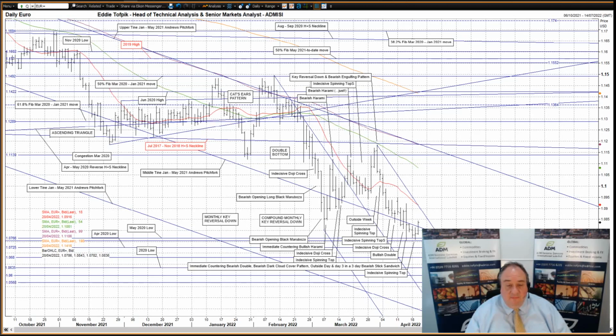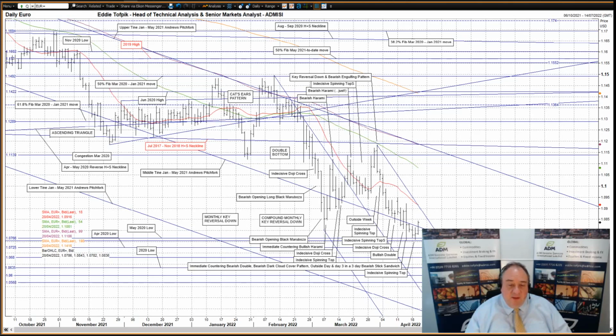108.18. Now the key recent action was a combination last Thursday of 1, an immediate countering bearish double, 2, a bearish dark cloud cover pattern, and 3, an outside day, and finally 4, day 3 in a 3-day bearish stick sandwich pattern. Additionally, we also have a mid-February to end of March bearish Andrews pitchfork, which offers a steeper bearish angle of attack. In this one, we are currently in between the upper time, currently 109.14, and the middle time,